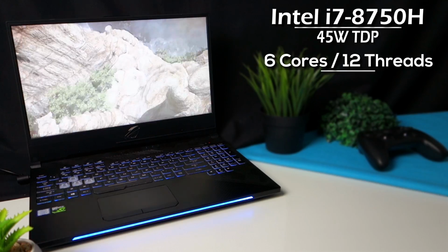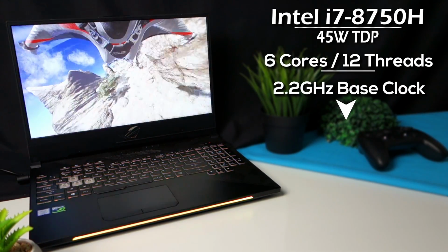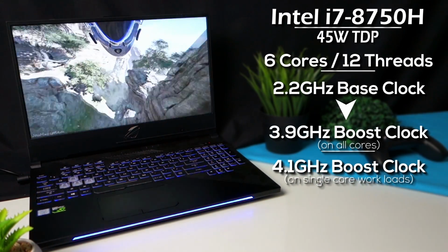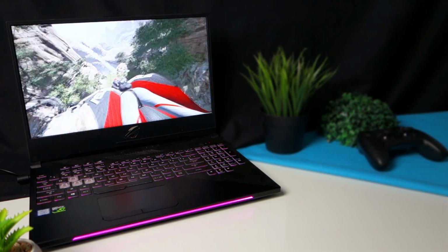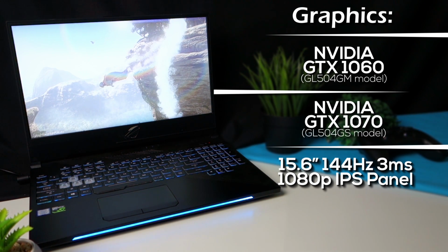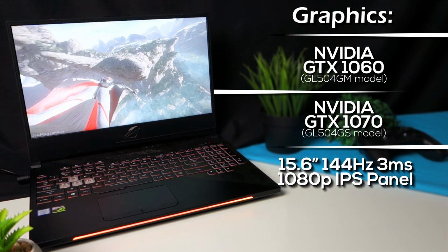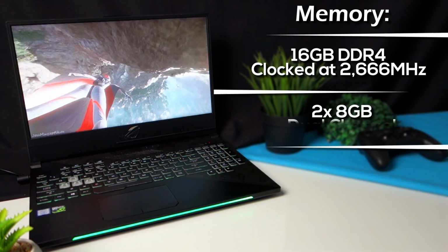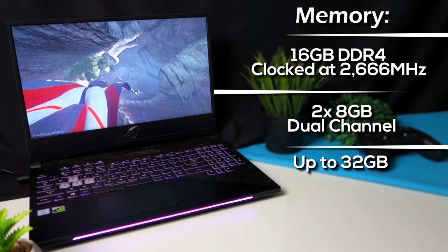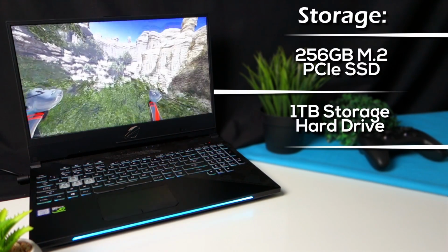The ROG SCAR 2 features the newest 6-core Intel i7-8750H processor that can turbo up to 3.9 GHz on all cores and 4.1 GHz on a single core. For the graphics, there's a GTX 1060 or GTX 1070 depending on the model, with a 15.6-inch 1080p 144Hz display running on 3 ms response time. There's also 16 gigs of DDR4 memory clocked at 2666 MHz in dual channel, and 256 GB of M.2 PCIe